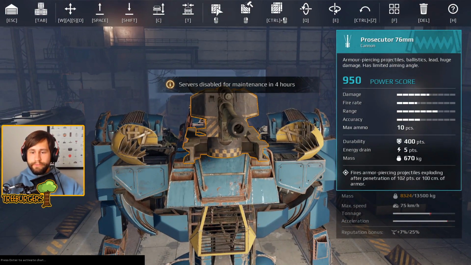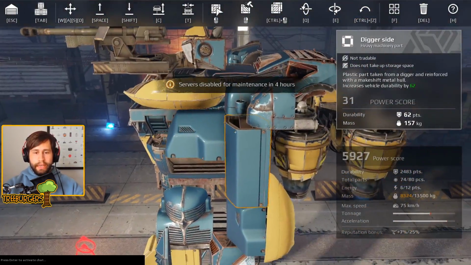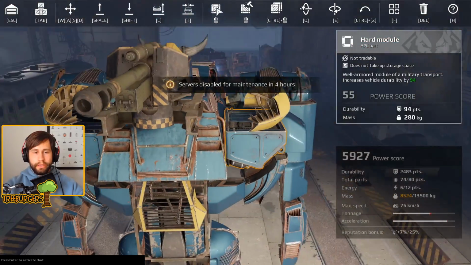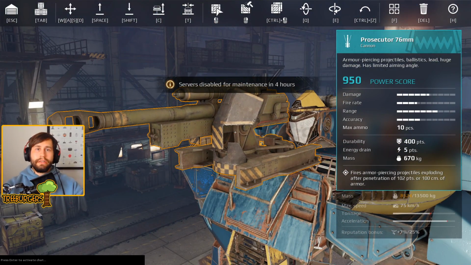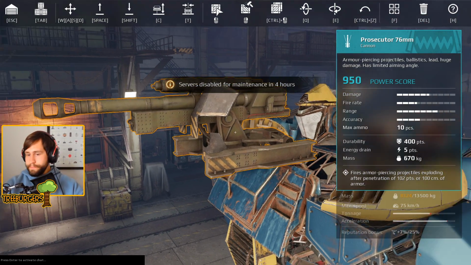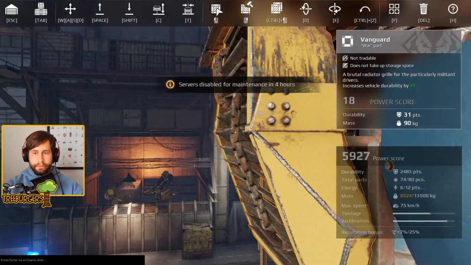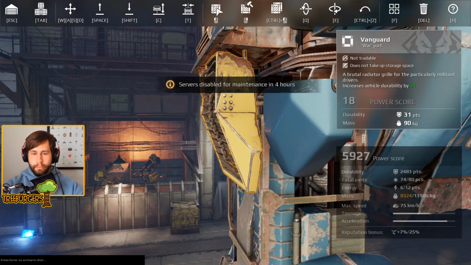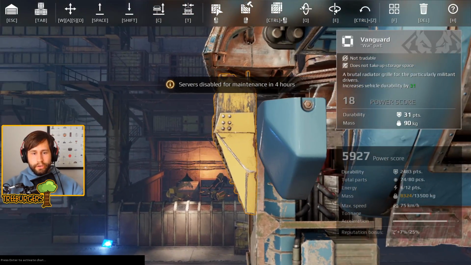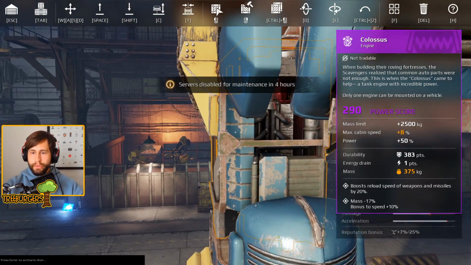So as you can see here, it fires armor-piercing projectiles exploding after penetration of 102 points or 100 centimeters of armor. Now, as we have previously calculated, one block is around 33 centimeters. So this penetrates a little bit more than 3 layers, around 3 layers we could say, or 102 points of durability. This basically means that if we shoot this part, this is 31 points of durability. So it would actually go straight through here, and it would deal its gunshot damage to this part right here,